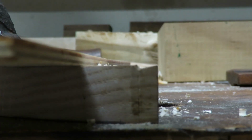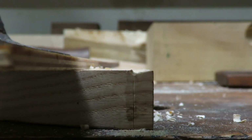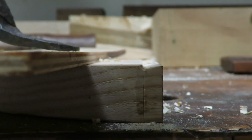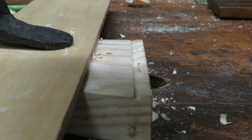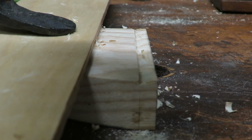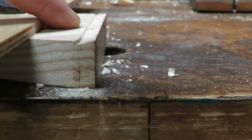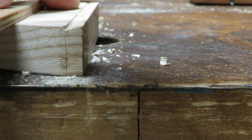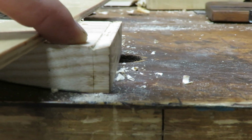As you can see, there is a slight little bevel on there, and that is exactly what you're looking for. And you pretty much just plane it down until it looks good and even all the way across. And having the saw cut to begin with cleans up this line really nice. First time I did it, I was having to use a chisel to clean that up,